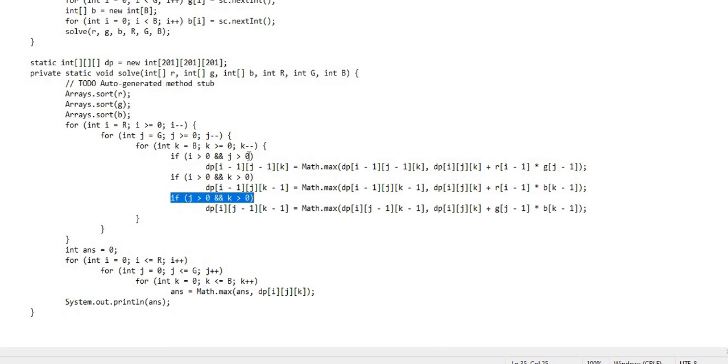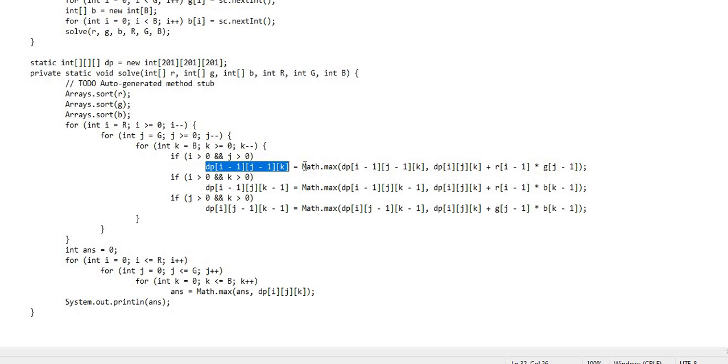Here I will explain this one. If i is greater than 0 and j is greater than 0, then I am calculating the dp value for indices i minus 1, j minus 1, and k remains as per the for loop value.